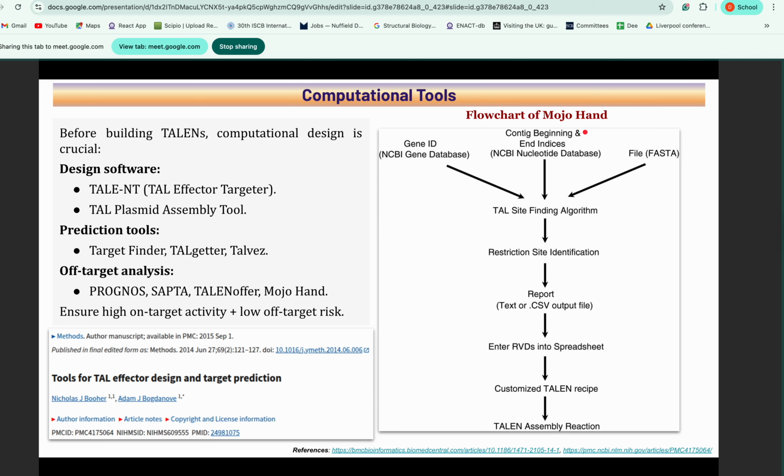So this is the flowchart of MojoHand, which we have seen here, which is the off-target analysis. So it takes gene IDs from the NCBI and then contig beginning and end indices from the NCBI nucleotide database and the files taken from the FASTA. FASTA is generally giving you the nucleotide sequence, and this is telling you the beginning and end of the